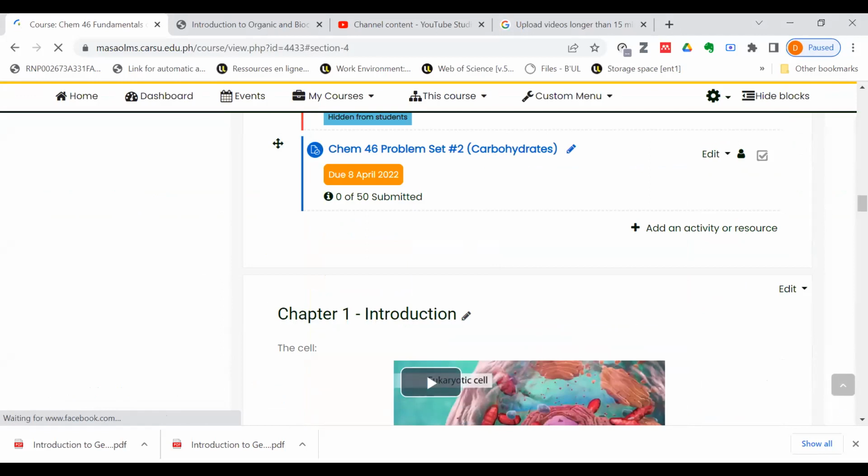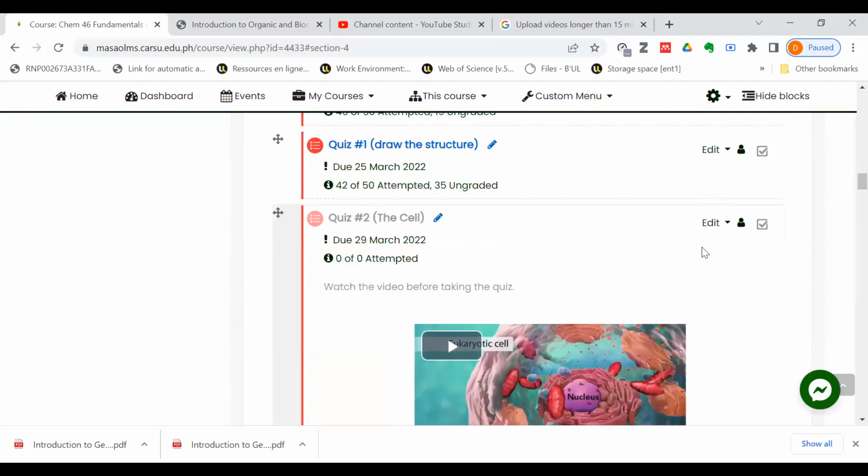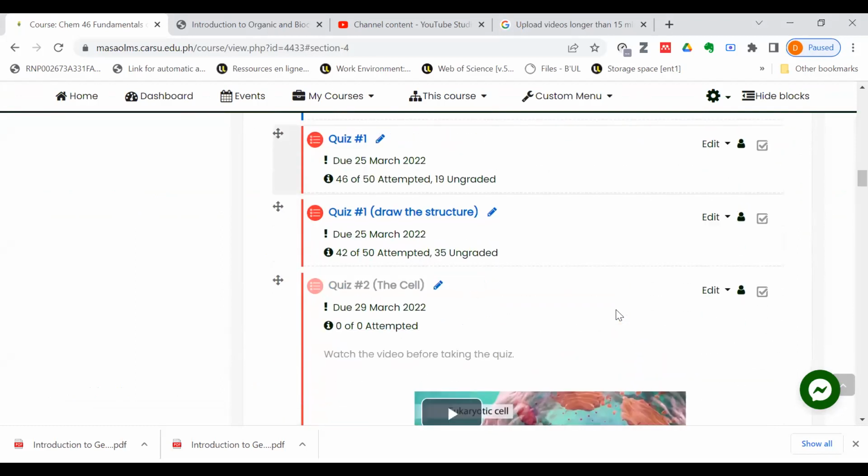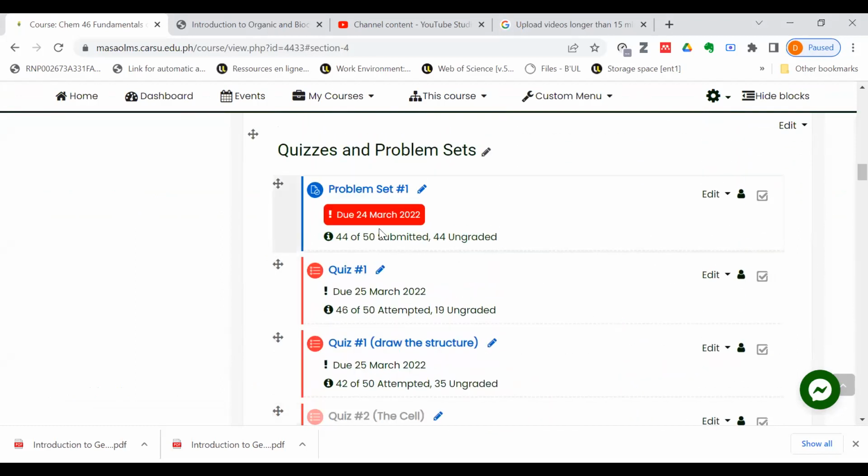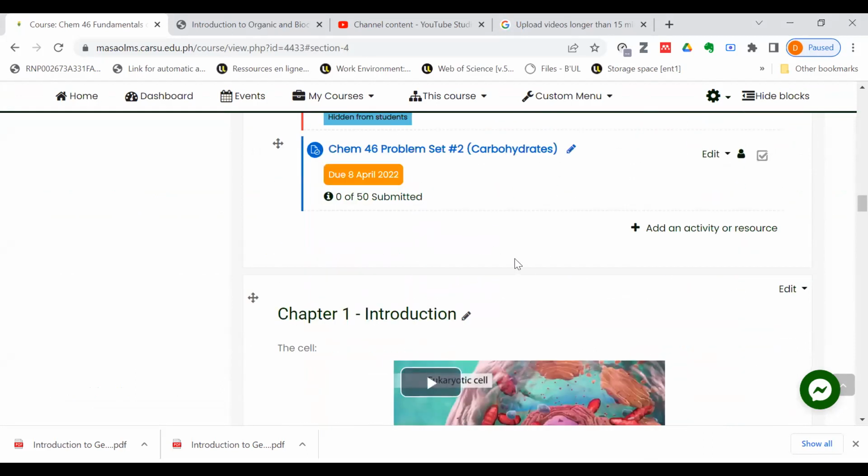You can look into the problem set. We have the first problem set. Now there are 6 people who didn't submit by the due date. And then you have problem set number 2, which is about carbohydrates. So I have not given a quiz, no? But here,